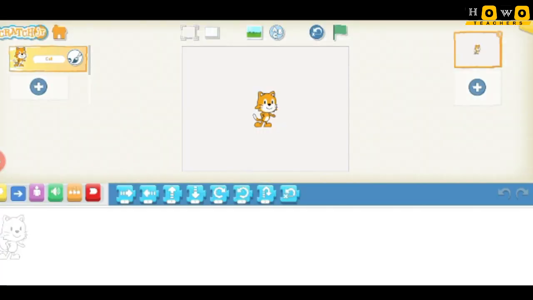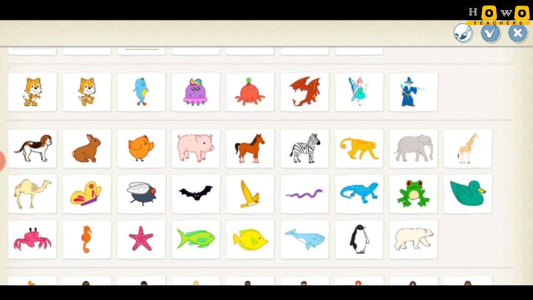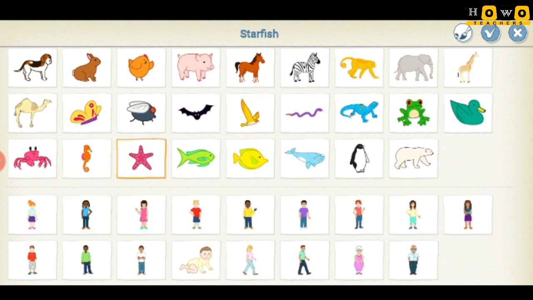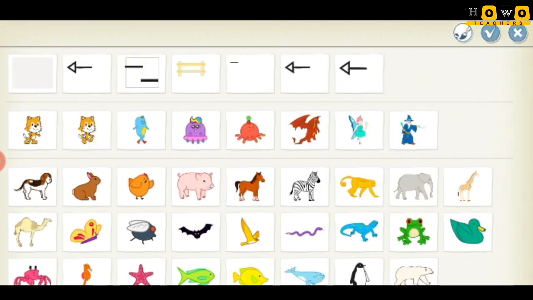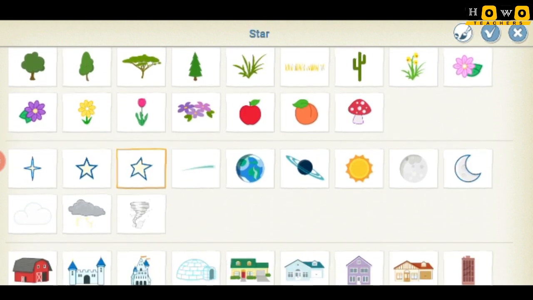In this new project, for making the chess game, I need to take some sprites. So here the sprites that I am taking, see the cat is there, that is available. So let us see some more sprites that can be added up and that can be made fun with. So I'm adding some starfishes here. I'm adding starfish. Let us add some more starfishes for making this sprite game more beautiful.